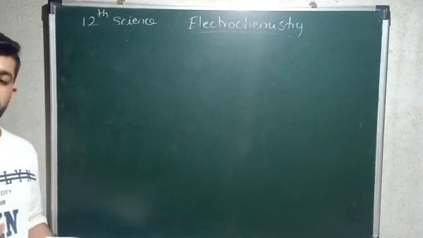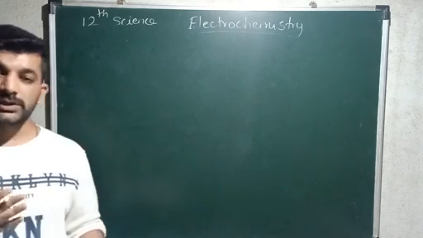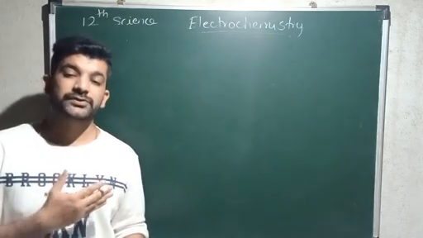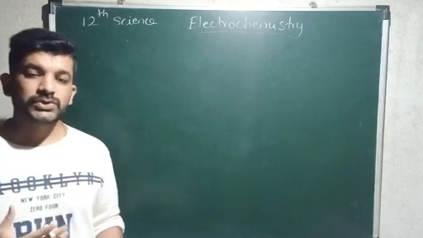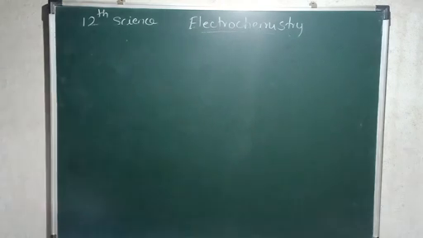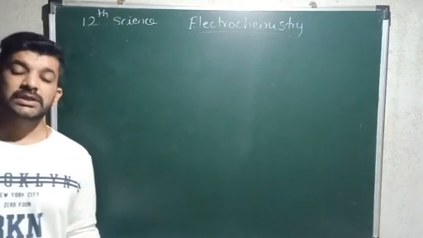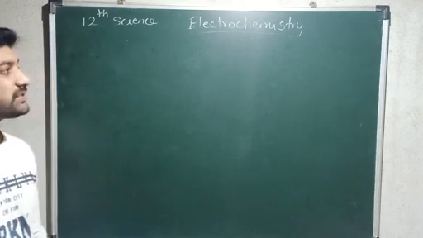Today in this video we are going to first understand what is Kohlrausch's law, and then we are going to try to solve the examples on the part which we have seen in previous videos. So according to the law, it says that at infinite dilution the electrolytes or the ions which are formed,